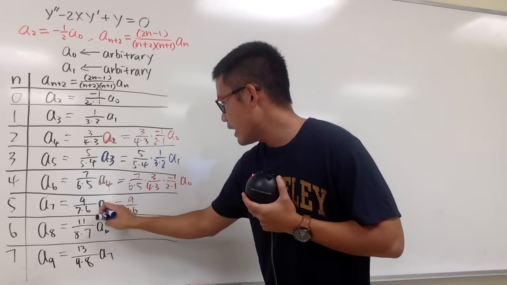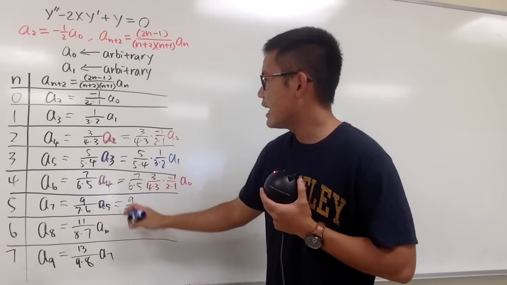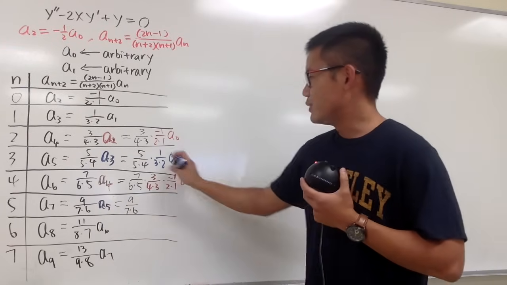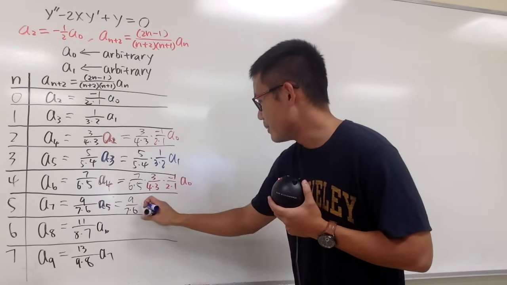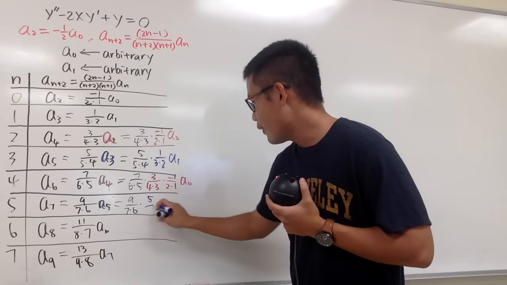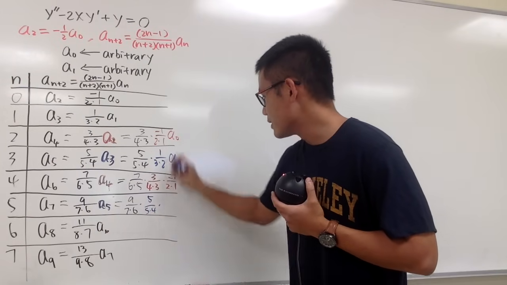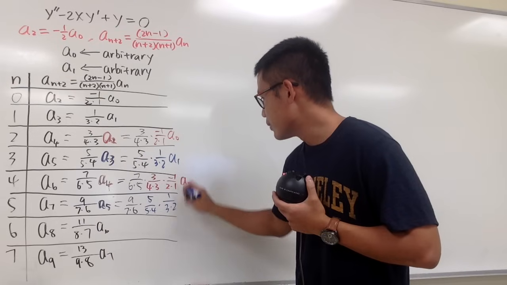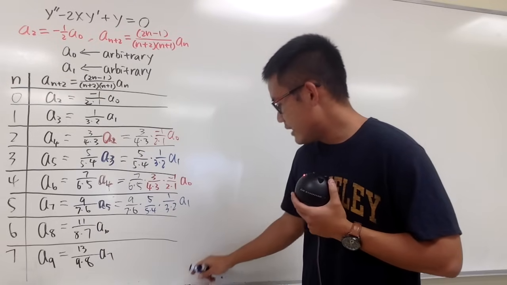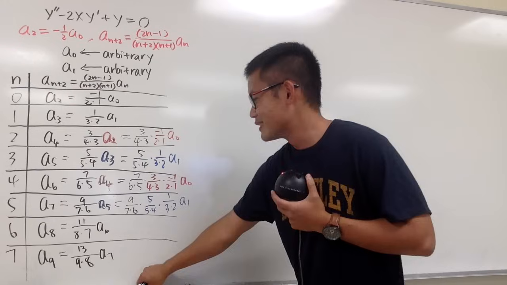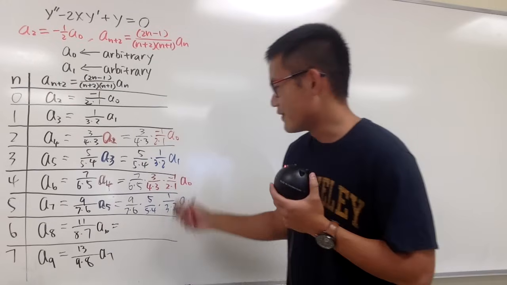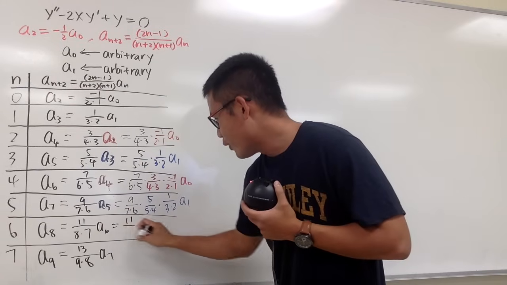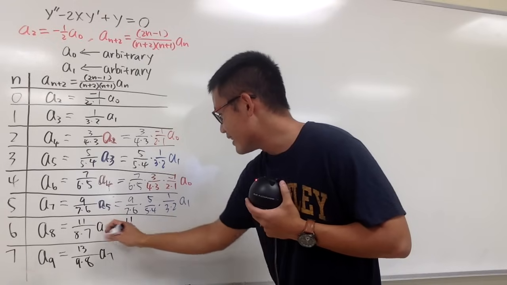And then for the a5, we look at this right here, which is this part. So you just write it down, and once again, be patient, times 5 over 5 times 4 times 1 over 3 times 2, and then this is a1. And then just do 2 more, okay? So this is a lot of fun, I guess. 11 over 8 times 7, and this is the